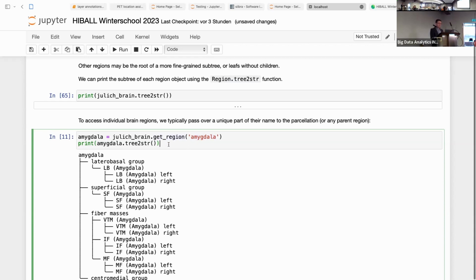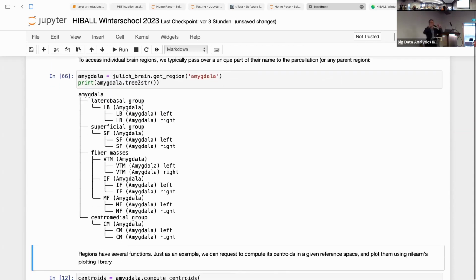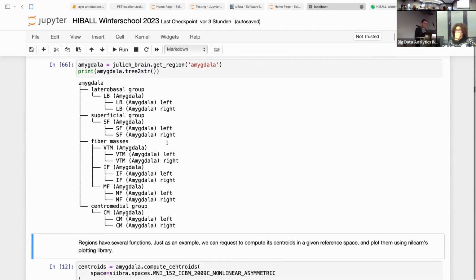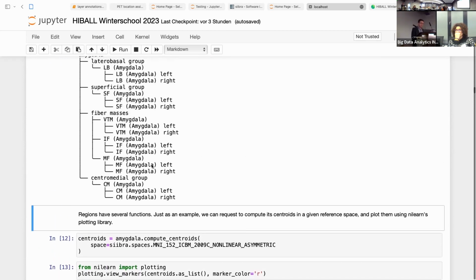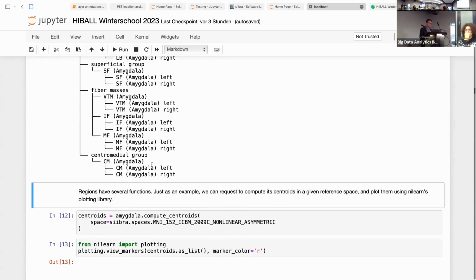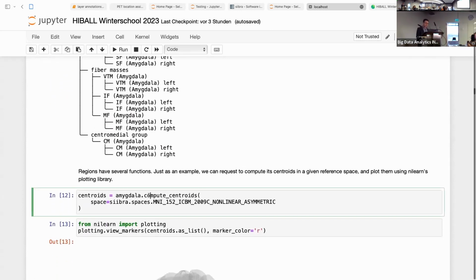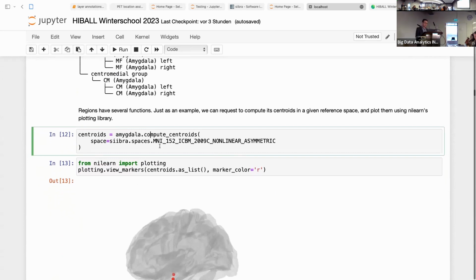So if I search for amygdala here and I print the tree representation of amygdala, I get exactly the subtree that is organized under amygdala. This is still not a leaf region in the atlas, so there is not a map for the amygdala as such. It's a parent object of other ones. And each of these regional objects has a lot of functions. Just to show you a simple example, one function is you can compute the centroids of such